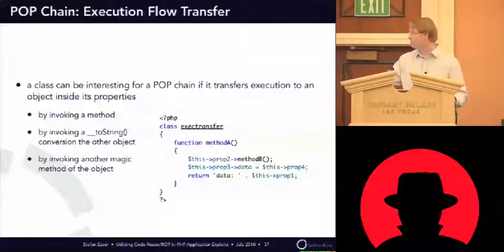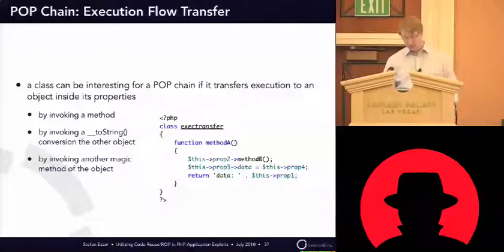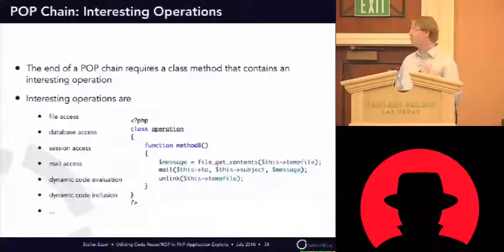And the third thing is a property is appended to a string, so you could hit a toString method of another object. So this always transfers execution from one object to the other. And usually you want to chain many of them until you reach a method that is usable for you. The end of POP chains are usually classes with interesting methods. This means an interesting operation is